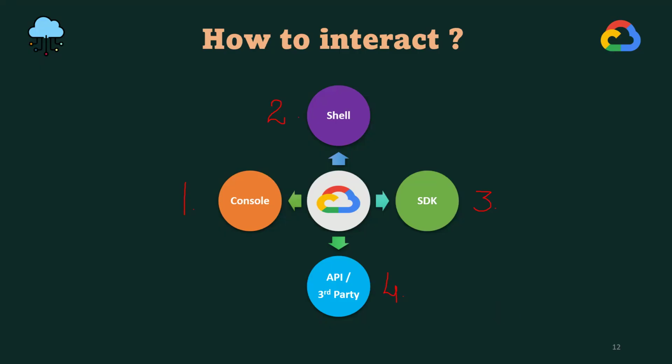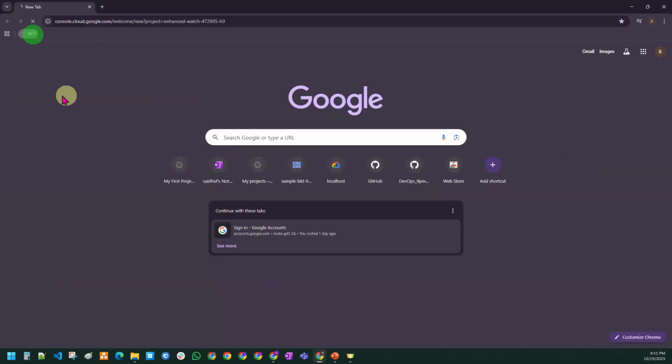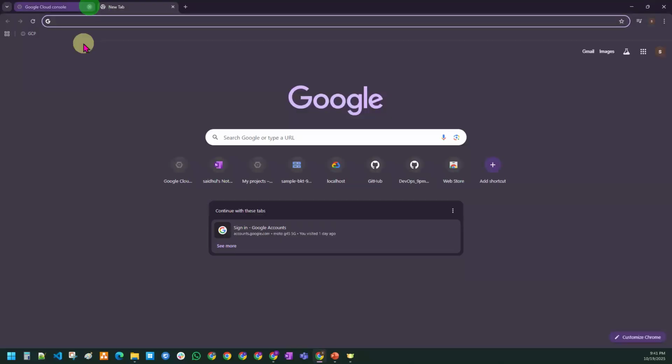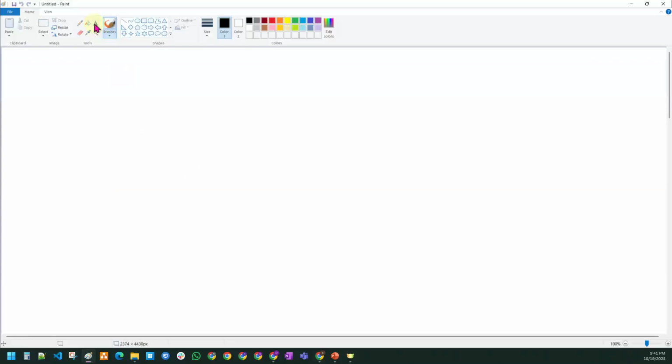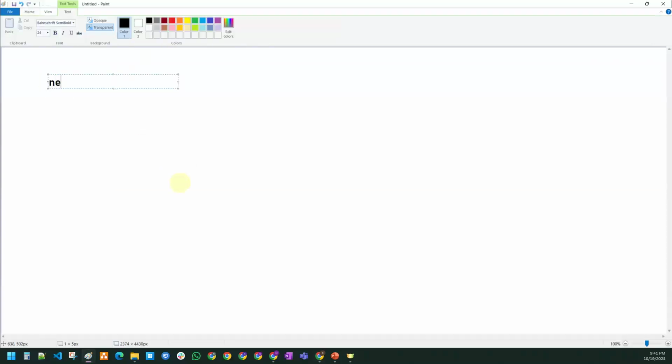Let me show you how the Google Cloud Platform interface looks like. So far no one has seen it, right? If you want to enter the Google Cloud Platform, I'm going to tell you how to create a free tier account in the next session. We may have to do a prepayment, but the prepayment will be returned to our account later.